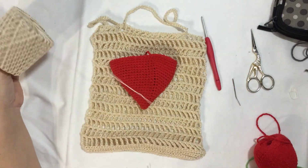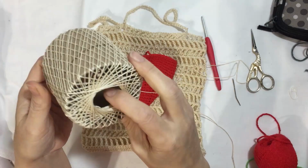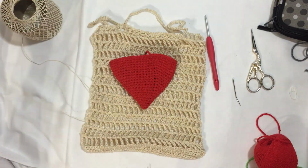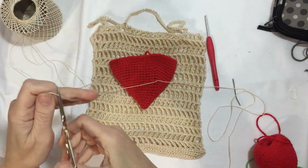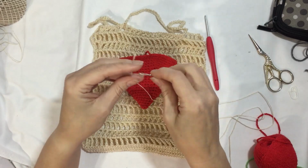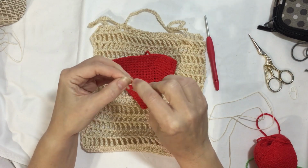So I'm just going to pull off a lot. I'm almost done with this ball of thread, but it wasn't a full one when I started, so you'll probably have more left over than I do. So I'm pulling off, I don't know, a few feet, because I'm going to cut and keep going and cut and keep going. So I have my yarn. I'm going to thread it in my tapestry needle,